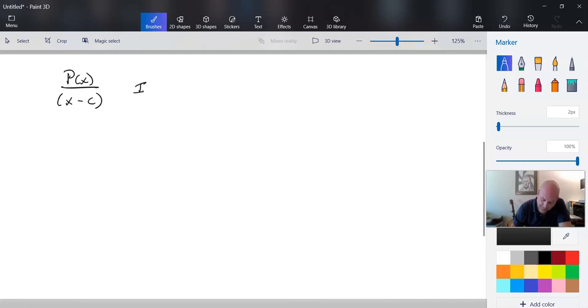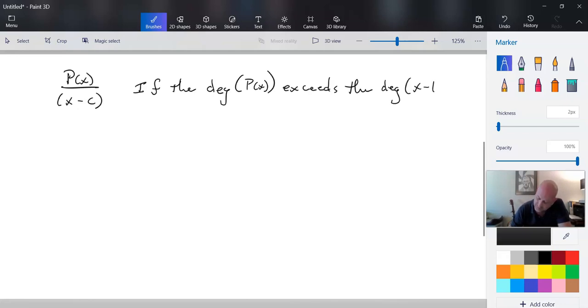If the degree of p of x exceeds the degree of x minus c by exactly 1,